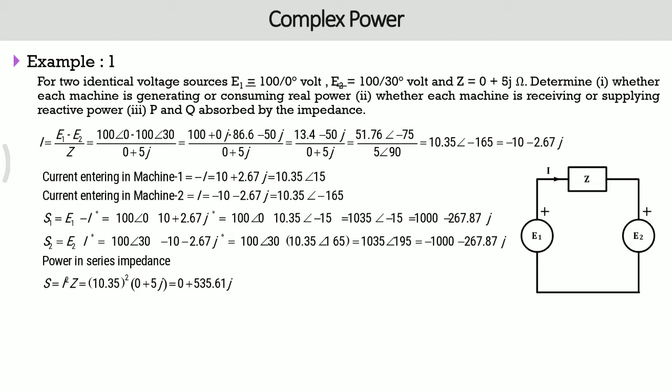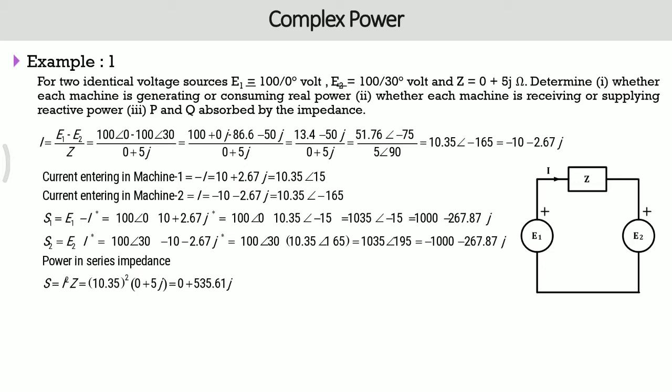But what is I here? Our current is minus I, so we directly put minus I conjugate. I already told you how to calculate the conjugate. Simply you have to change the polarity of the angle. If the polarity of the angle is plus, then you have to convert it into minus, and on the other side, if it is minus, then you have to convert it into positive polarity. So convert it and calculate S1, and at the end we find S1 is equal to 1000